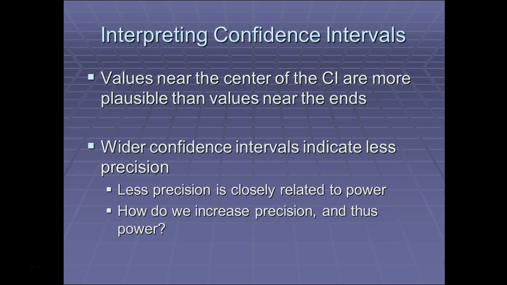So how do we increase precision and thus power? I think I said it in the beginning, and if I didn't, I'll say it now. The easiest way to increase the study's power and to increase precision is to increase the number of subjects in your study. That will take care of precision and will also increase your study's power. So what am I saying? The more subjects you can gather, the more power your study has as it relates to not only the treatment effect, not only the confidence intervals, but just the validity and reliability of the study